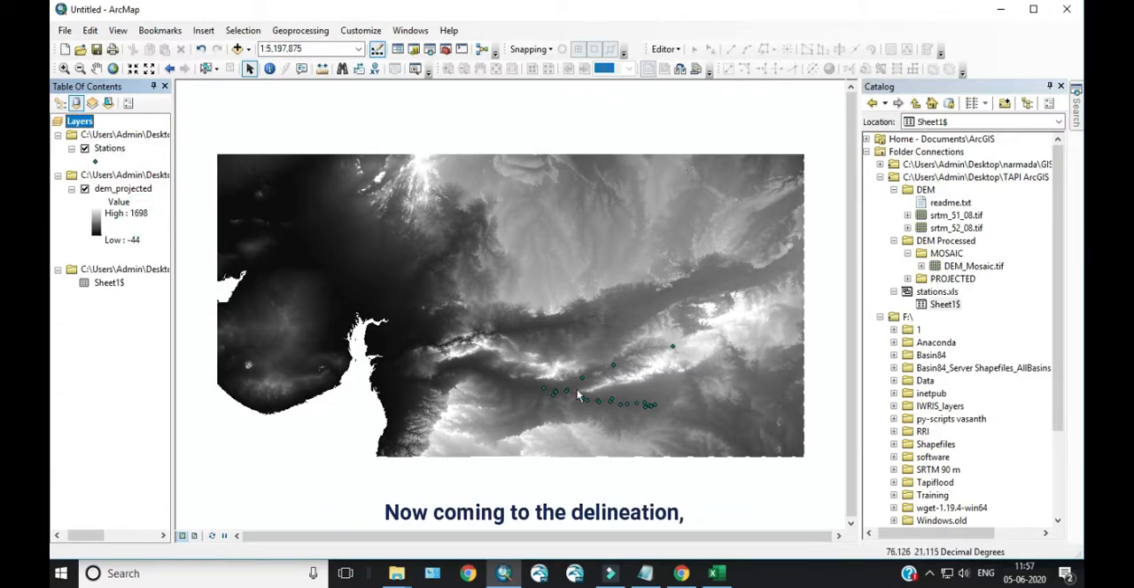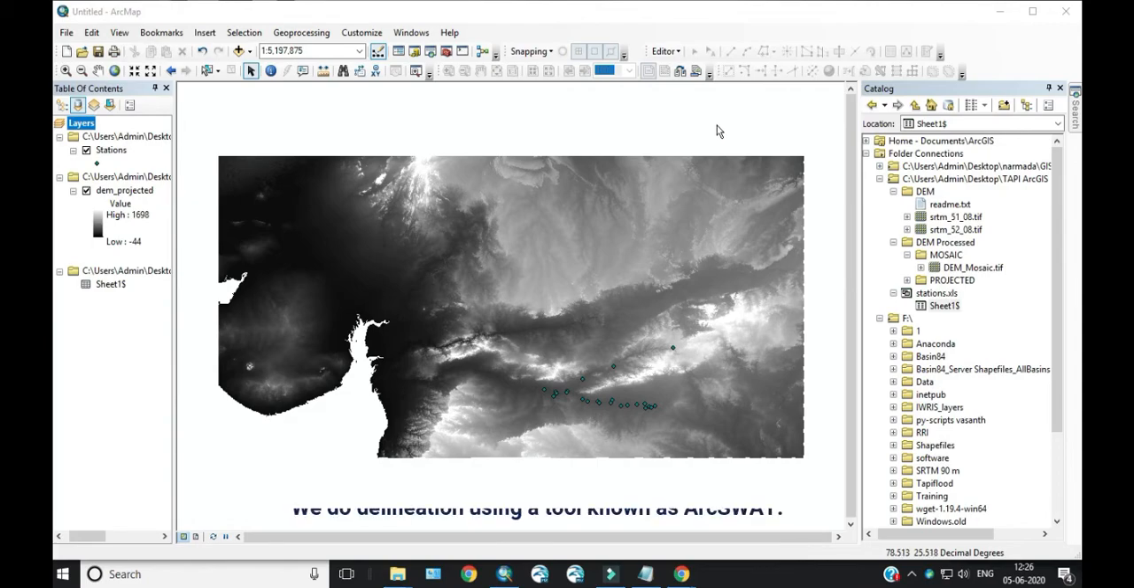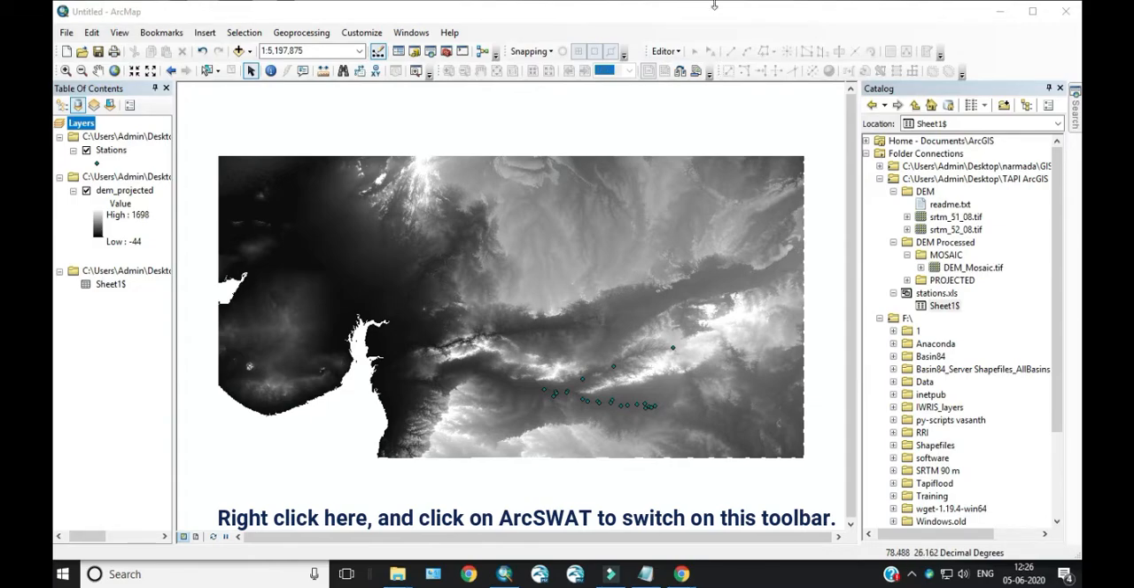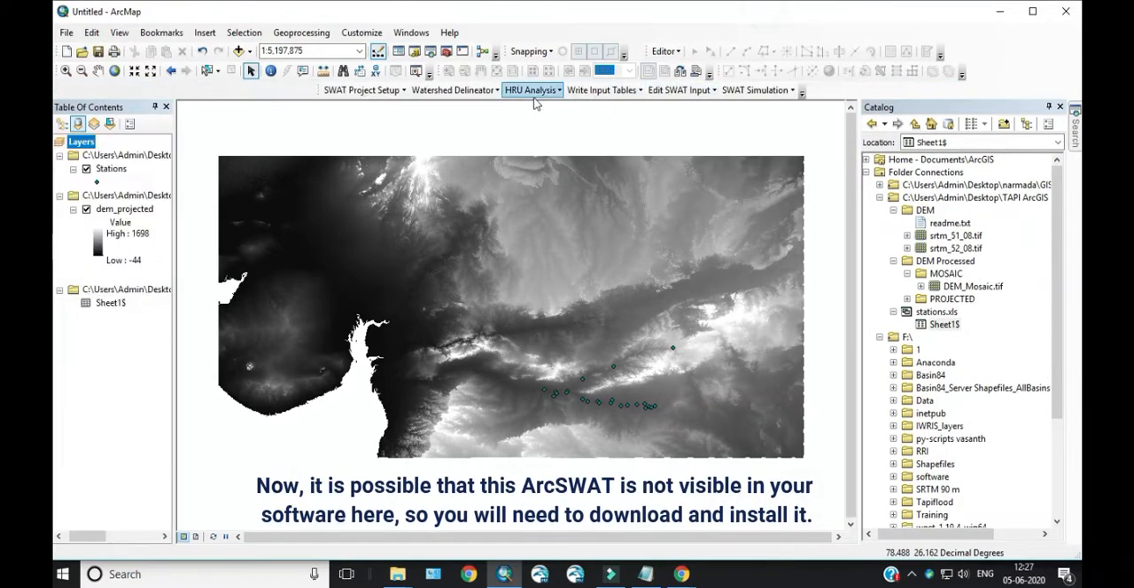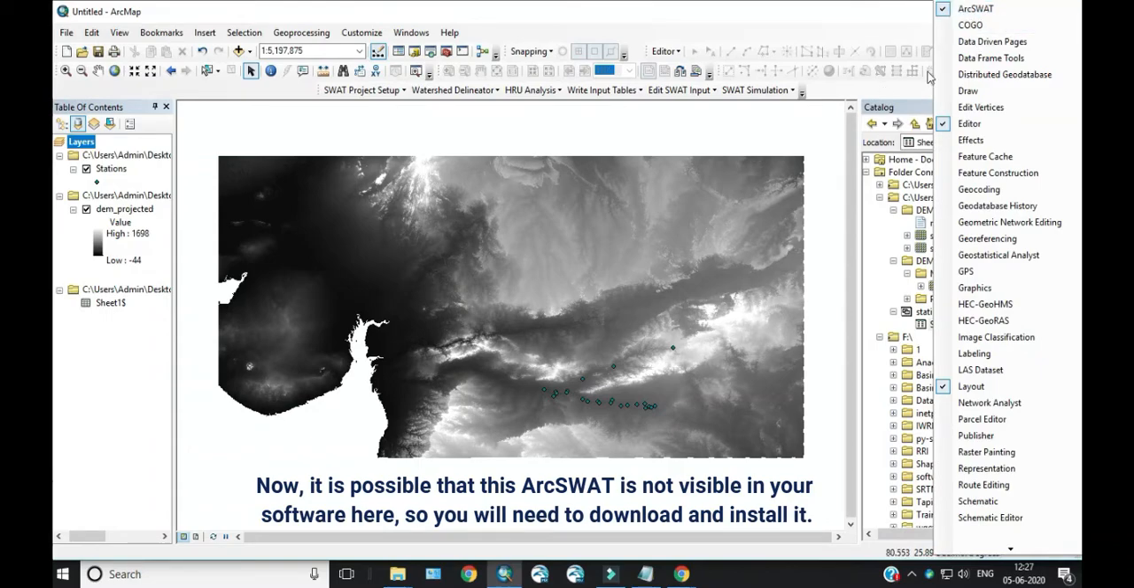Now coming to the delineation. We do delineation using a tool known as ArcSWAT. Right click here and click on ArcSWAT to switch on this toolbar. Now it is possible that this ArcSWAT is not visible in your software here, so you will need to download